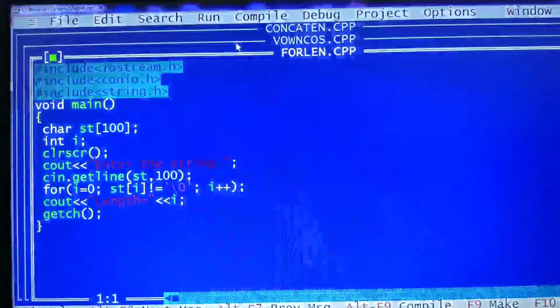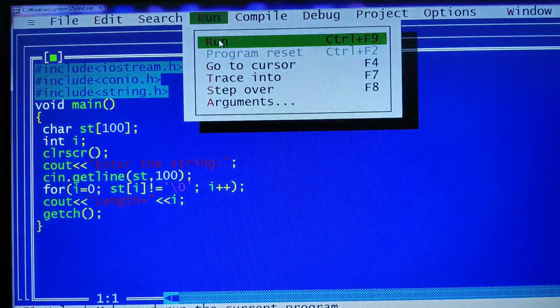Now another input shall we give? See, the length is 9. So here it is 4, 5, 6, 7, 8 and 9.